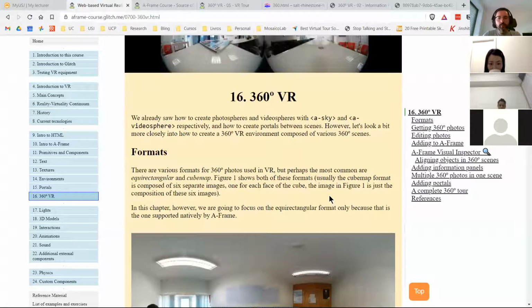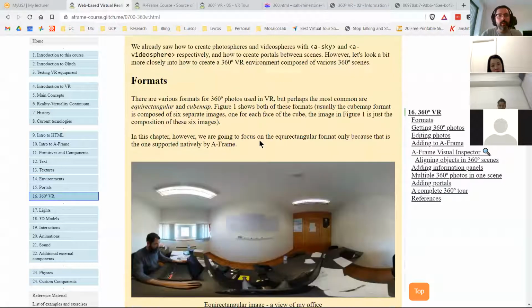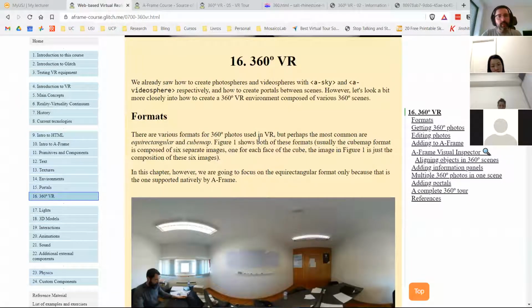Because you will have to create the first part of your project to deliver in a few days. And so you can use it as a way to exercise creating this kind of environments. And if you don't have the final photos for now, don't worry, just use some 360 photos from, for example, these examples, and then you can just replace the images, which is easy to do. Okay, so for the next, let me just